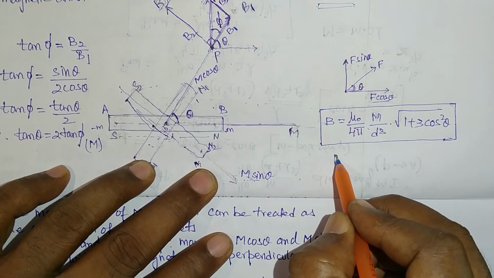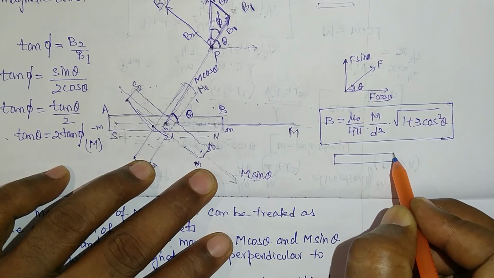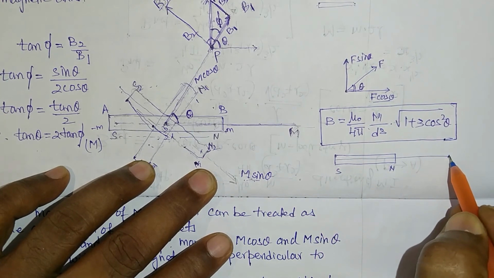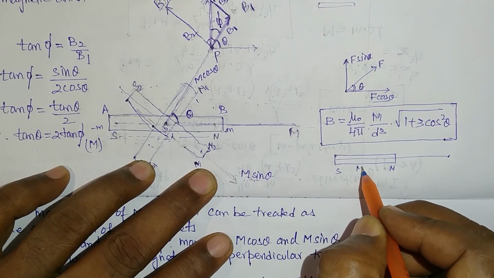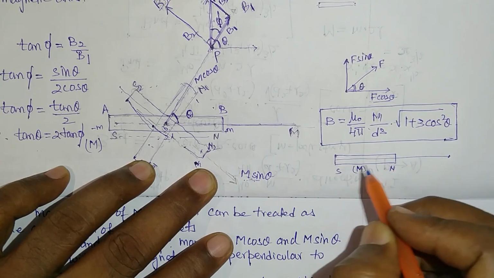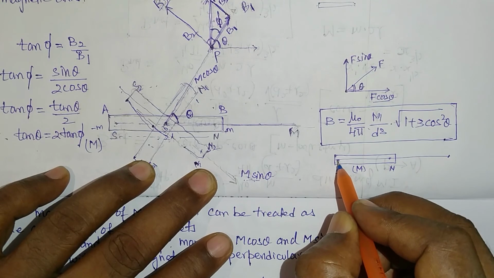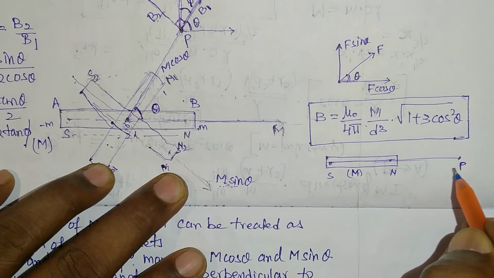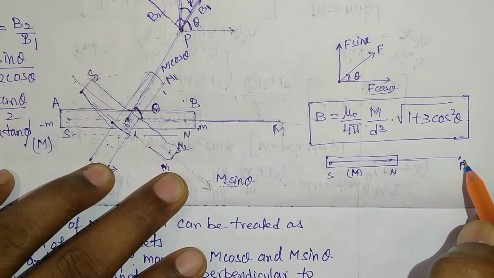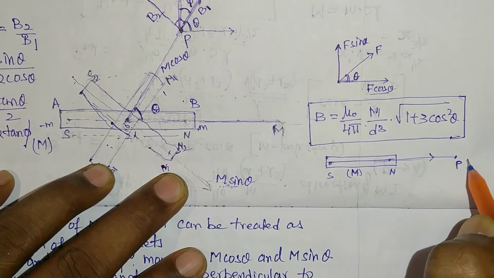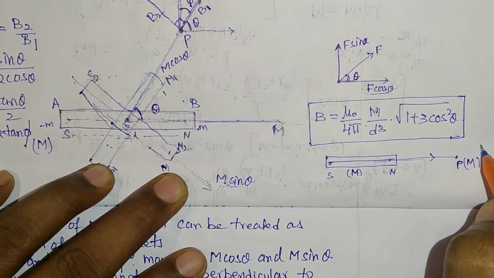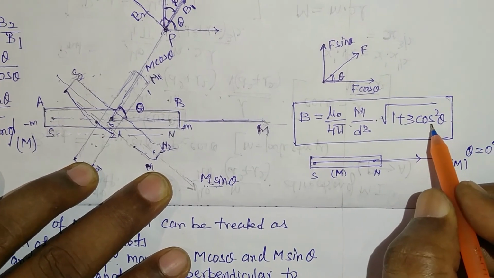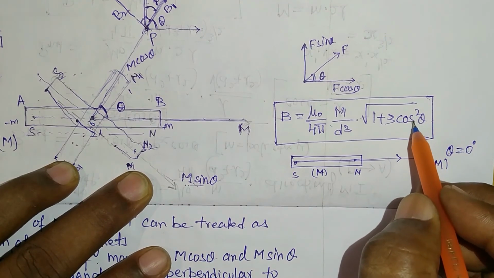What is the magnetic induction when P is a point on the axial line of a bar magnet? So this is the axial line of a bar magnet. Let M be the magnetic moment of this bar magnet. What is the direction of this magnetic moment? It is in this direction from south to north, towards this point P. What is the angle this P vector is making with the magnetic moment? The angle made is how much? 0 degrees.